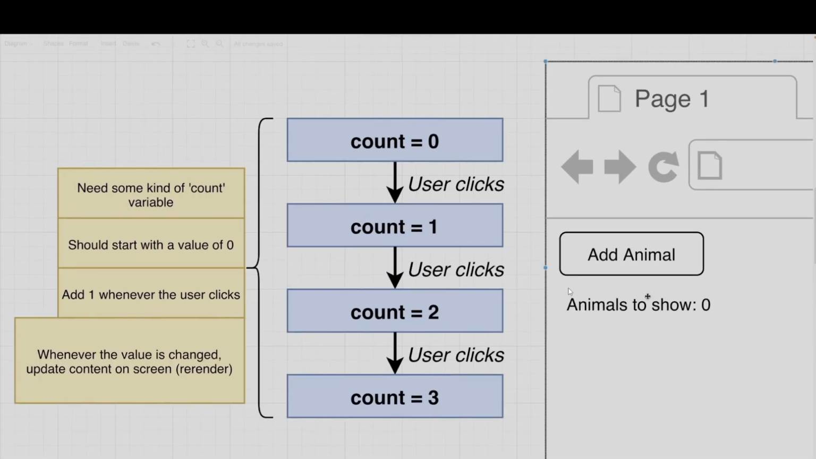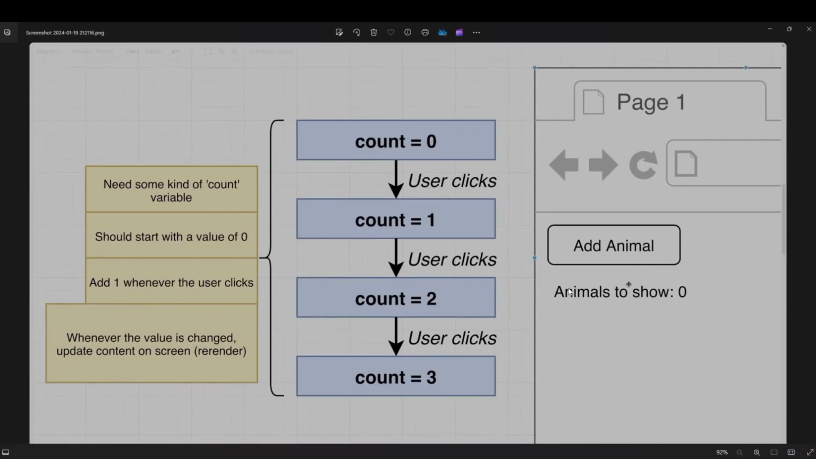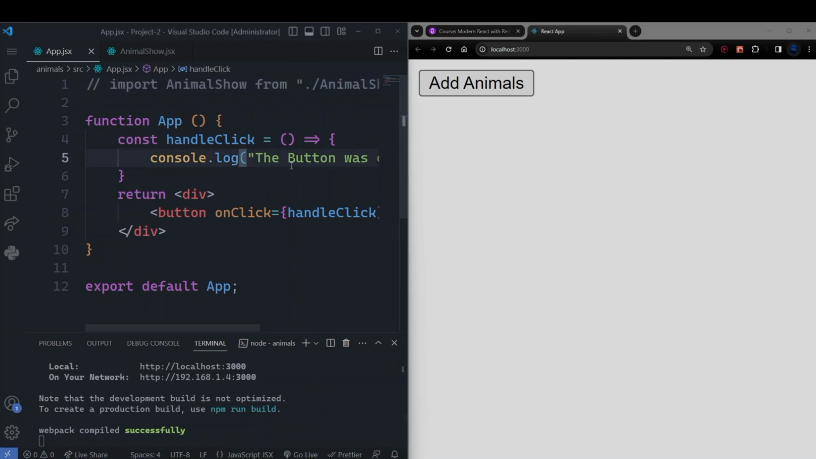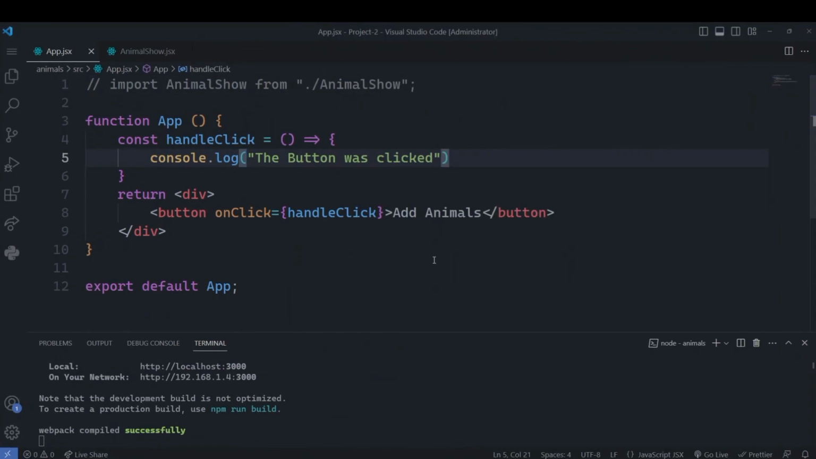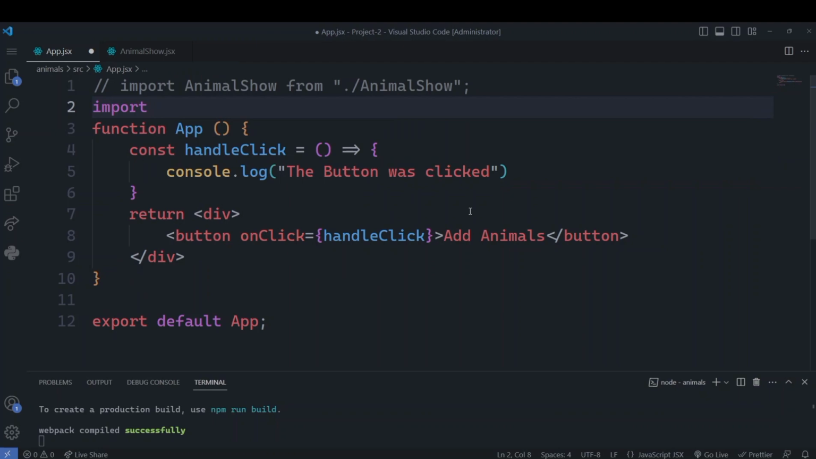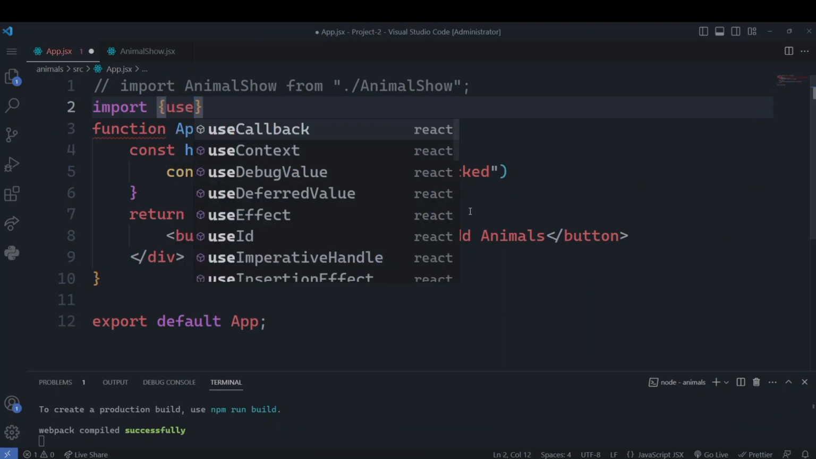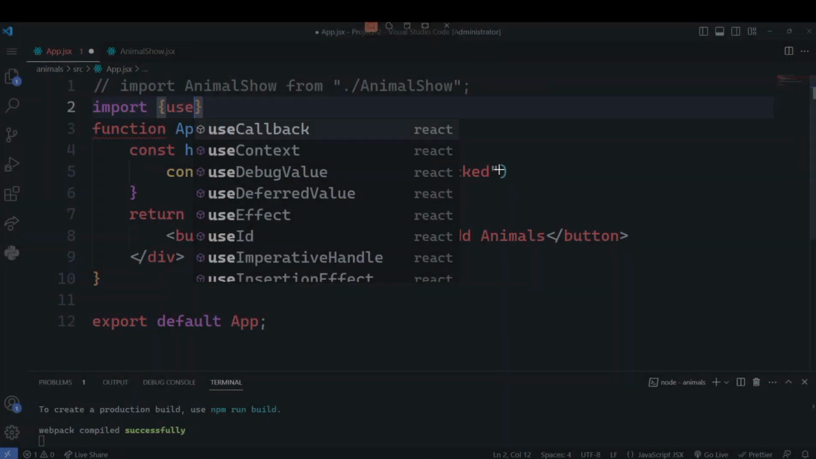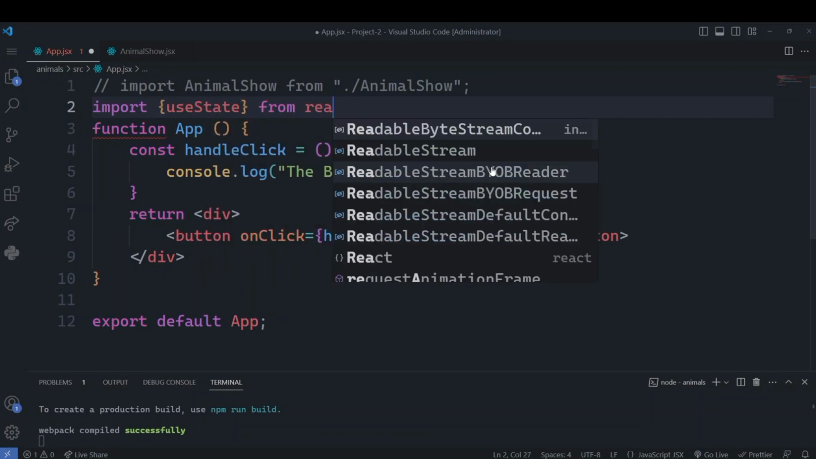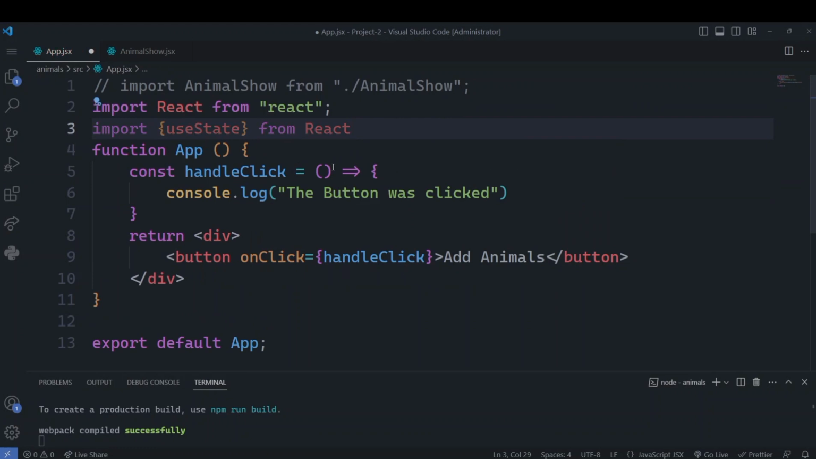and we can execute this with the help of something called useState. So what is useState? First we will write an import statement, which is import useState from React. It will import useState from React,